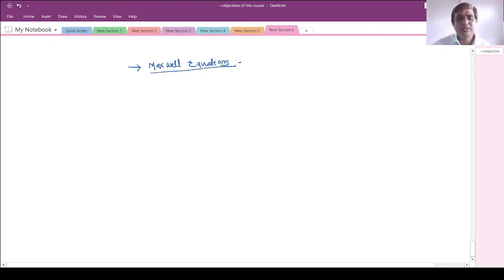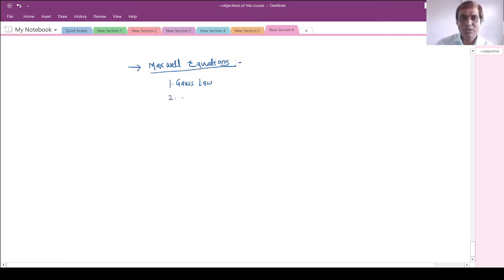So basically there are the physical laws, which will be Gauss law, Ampere law, Faraday's law. So Maxwell, what it does, it has compiled these laws, and the compilation of these physical laws is nothing but your Maxwell's equations. Okay, so we know there are four Maxwell equations. One is called the Gauss law for electrostatic field.